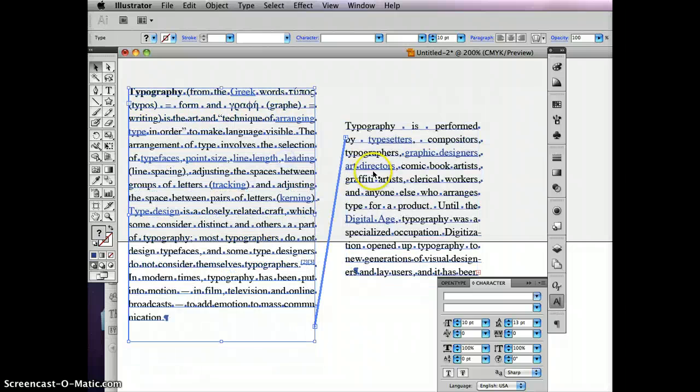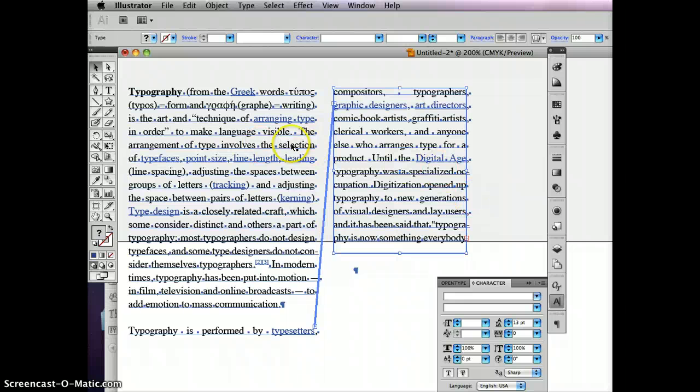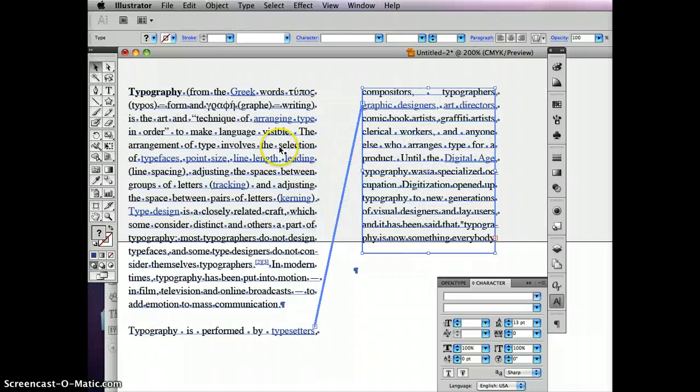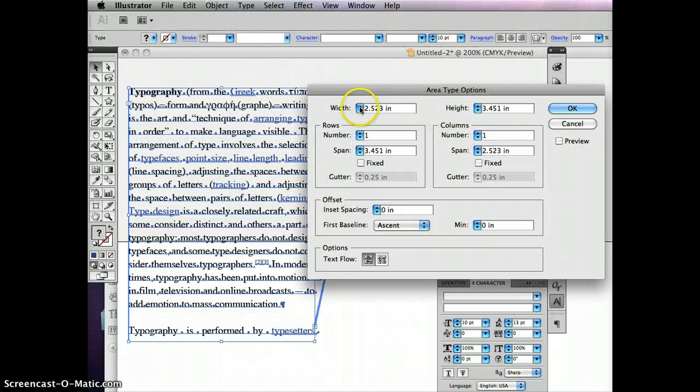But one thing you should know just as a designer is that when you have two columns of text on the same page, they either need to be clearly different in size, which can be awkward unless you have enough text and enough repetition throughout your document, or they need to be exactly the same size. So how would we know that? Well, remember before we had this option up here of going to Type and going to the Area Type Options, and that'll tell us the exact width of this box. So if I just copied this, Command C, go OK,